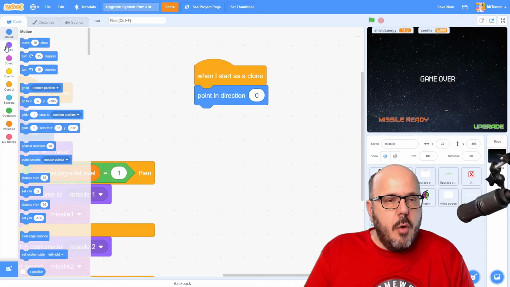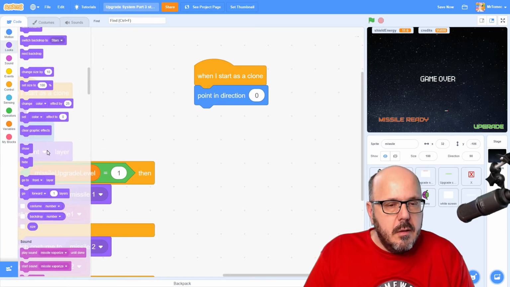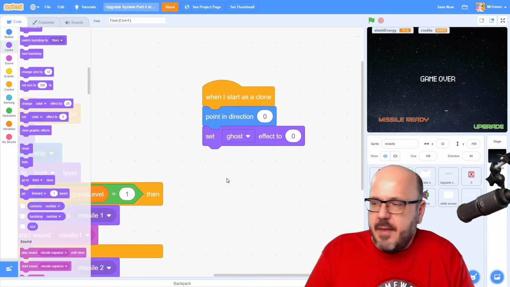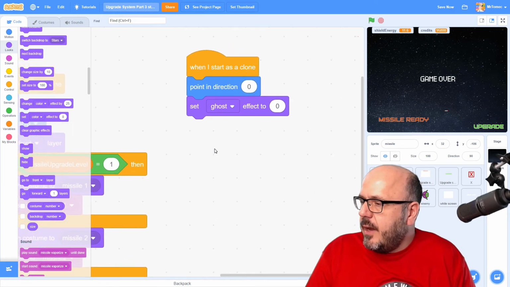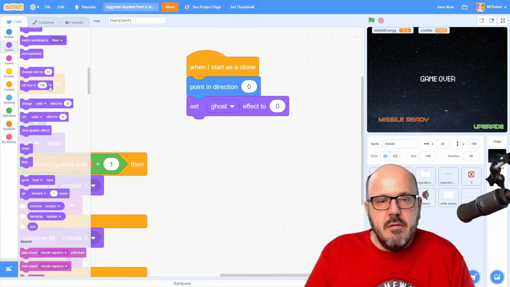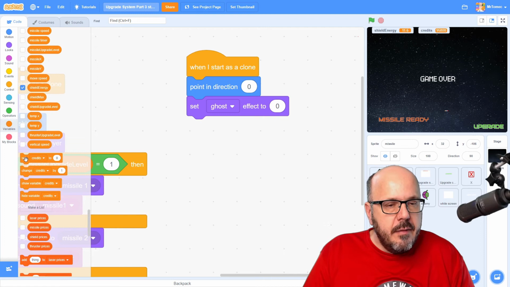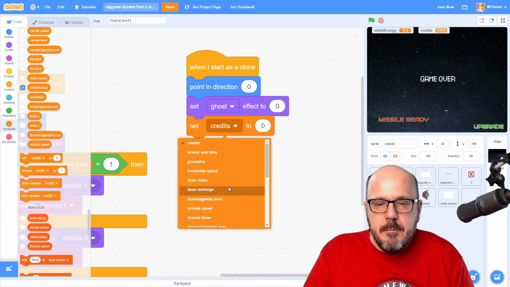We're going to set our ghost effect to 0, because we'll be playing with ghosts later, and we want to make sure that that's turned off when our guy gets created. Let's set our missile speed to 1. This is going to accelerate. We're moving at a speed of 1 at first, and this is a new variable as well that we haven't seen yet. Set missile speed